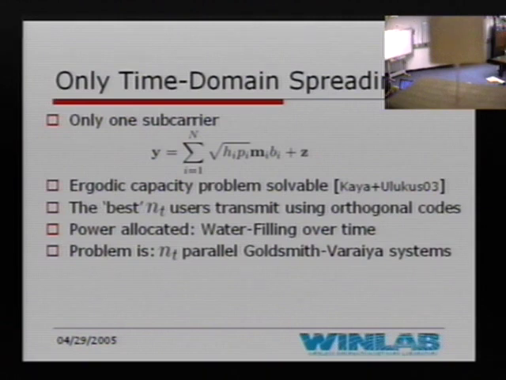What's NT? NT is the length of this CDMA code in time, NT chips. Also, N is larger than NT. If N was smaller, then I can give everyone an orthogonal code and be fine. So even if N is larger, they say let only the NT best users transmit, if I want to optimize some capacity. Wouldn't the NT chips spread across? No, I'm just saying I have just one subcarrier, so I'm fixing the time domain. Got it. This is a special subcase.